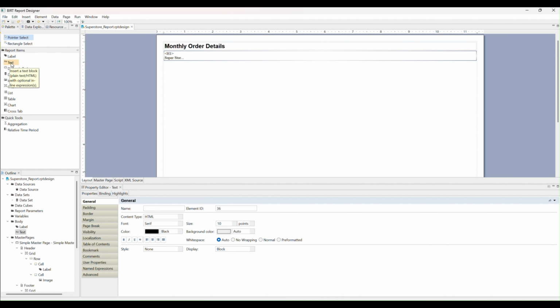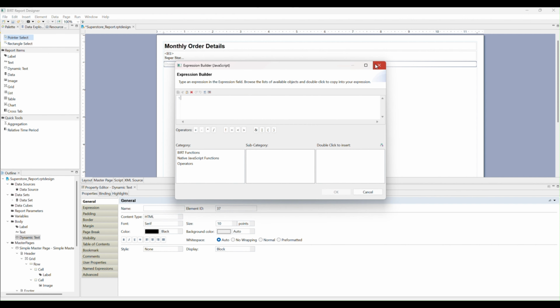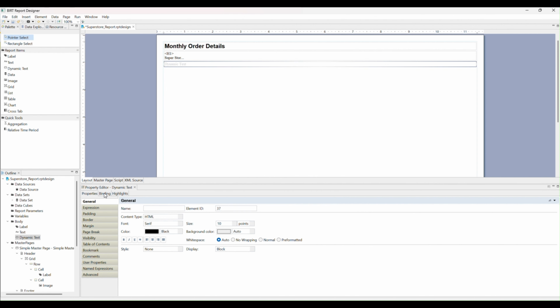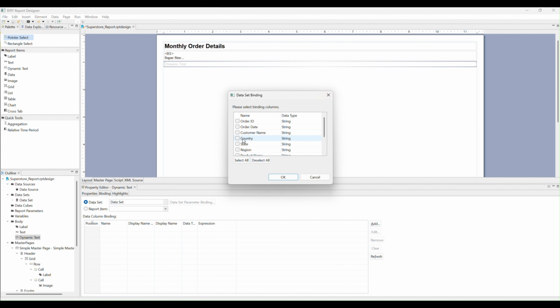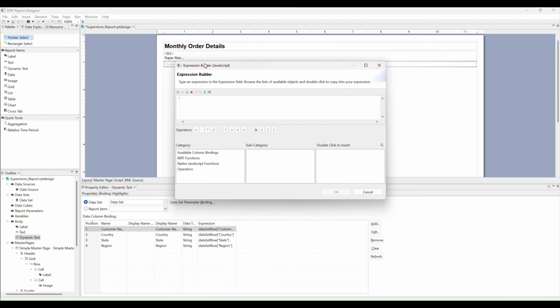Okay, label and text. The dynamic text: we can add a dynamic text, and then this dynamic text we need to bind with the data set. Then we can click on binding, click on data set here, and whatever data we want to show, we can select here. Suppose I want to show the region and state, and also country and the customer name. Click OK. Then I'll go here, and you can see the available column binding dynamic text, and here I will put like this,